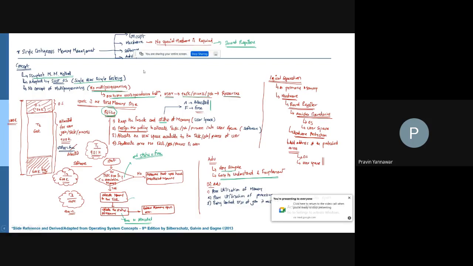This is what we have discussed, right? So just keep it here. Okay, this is what we have discussed, that in case of single contiguous memory management, the portion of memory is being divided for two particular divisions. One is occupied by the operating system. One section of memory is being reserved for the operating system.